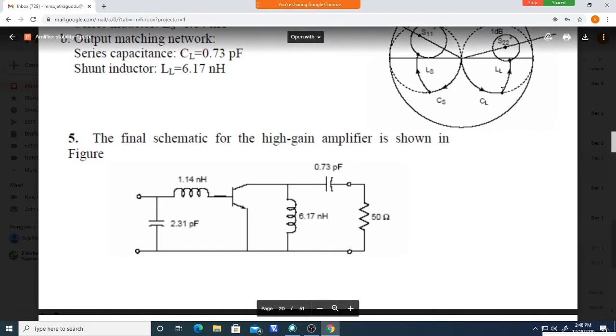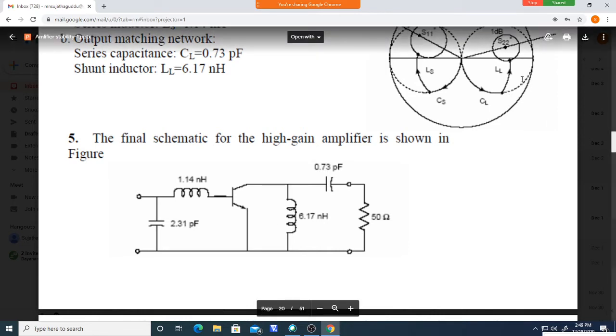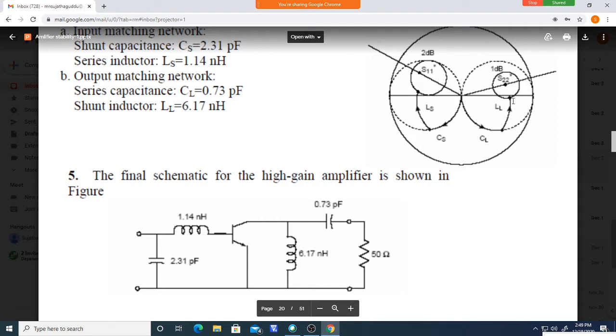Okay, similarly from here you move like this. It is a conductance circle. From this point you are moving on a conductance circle to reach this point. Okay, so which element does it add? Moving on a conductance circle in the anti-clockwise direction adds a shunt inductor. Find the inductor value, find the susceptance value here, find the susceptance value here, and we'll be getting this value. Okay, so like that is the ZL, to convert that into one.